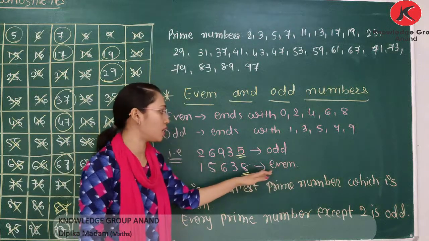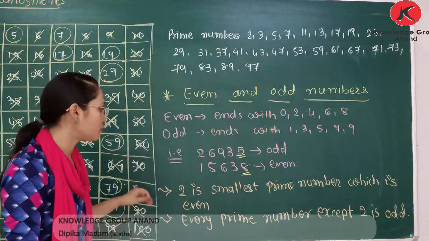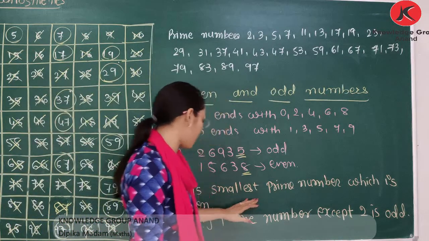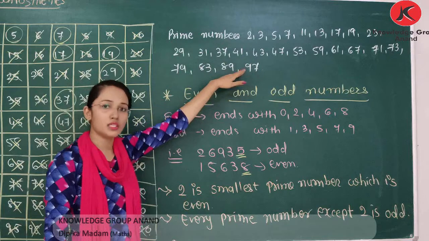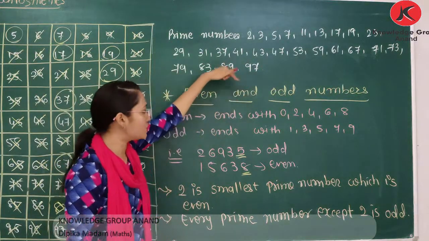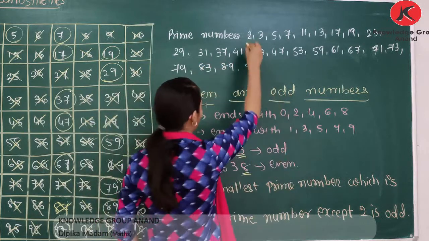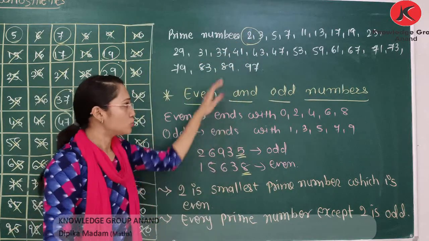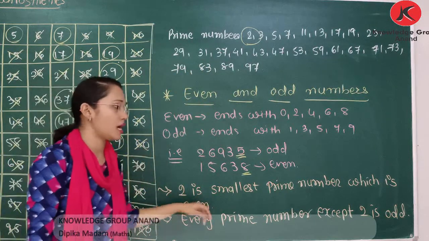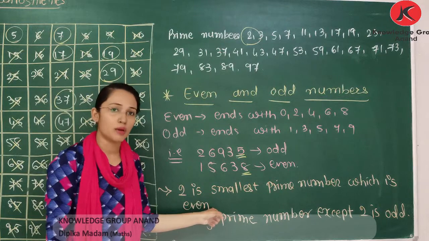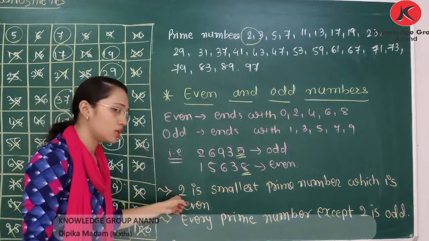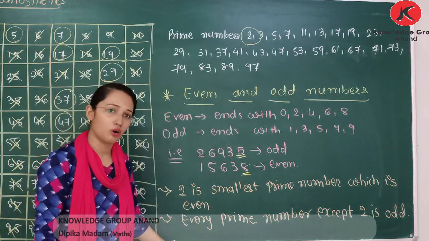Okay, we already learned odd and even numbers in the previous standard. But what you have to remember, 2 is the smallest prime number which is even. Now from all these prime numbers, you can see all numbers are odd. બધા જ number odd છે. Just only 2 is even. 2 is the only number that is an even prime number. This can be asked for MCQ or blank. Which number is the even prime number, or the blank number is the even prime number? So it is 2. Okay, all other numbers are odd.